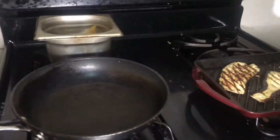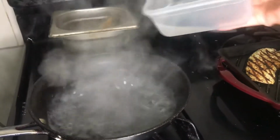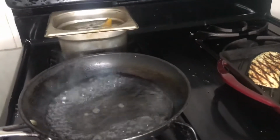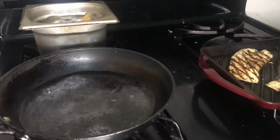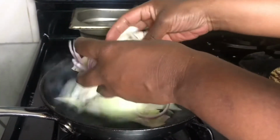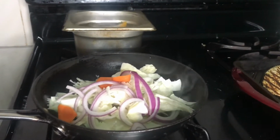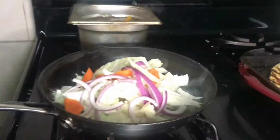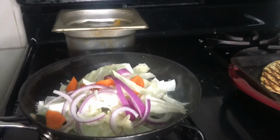So what I'm going to do, I'm going to add some water to this pot because I'm not using no form of olive oil, no form of oil, no form of butter today, just water. And what I'm going to do, these are my veggies. I've cut it up, so I have some carrot here, I have some red onion, some cabbage, some garlic, and I'm just going to put them inside the water. We're going to steam them. Over on this side,